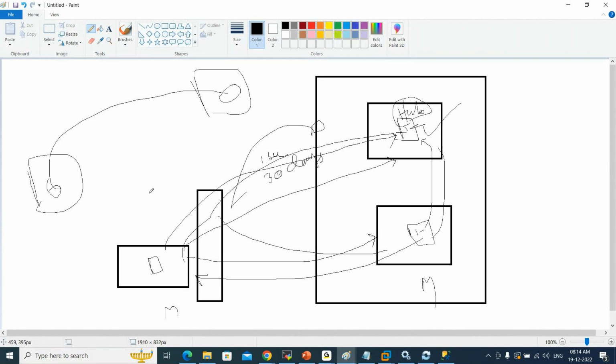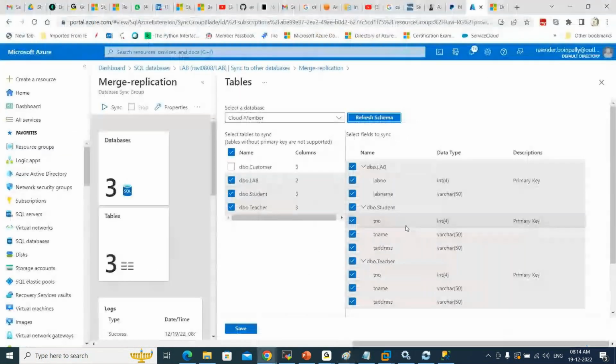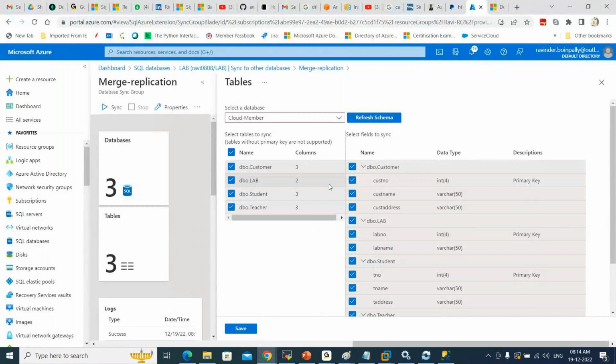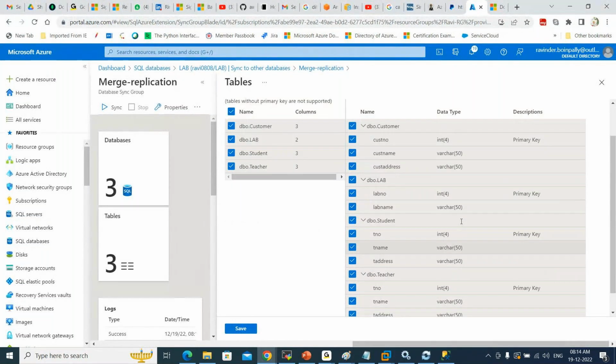So on the migration day, you stop all the applications, you disable all the application accounts, and no one should do any transaction. Then do the table record count. If everything is fine, remove the replication. They will map their application to cloud server, cloud database. This way you can do the live migration using the sync groups. Live migration, in fact. So I'm initializing the customer table from the US member,